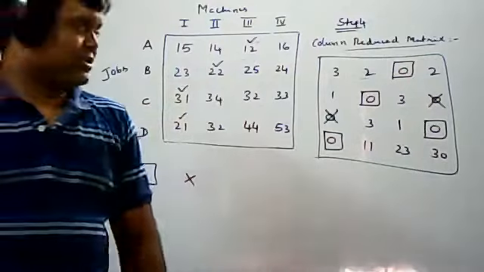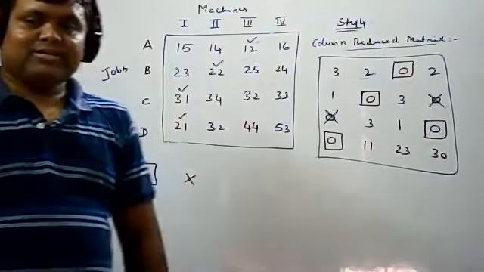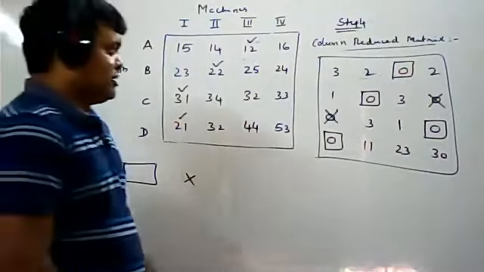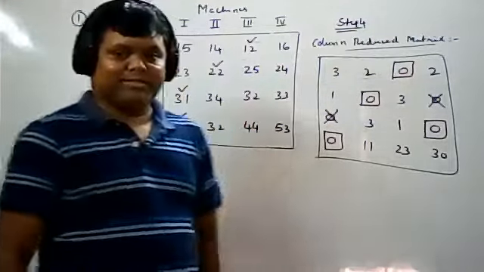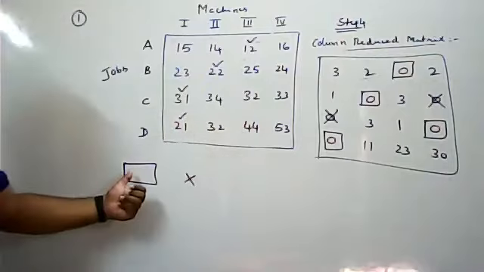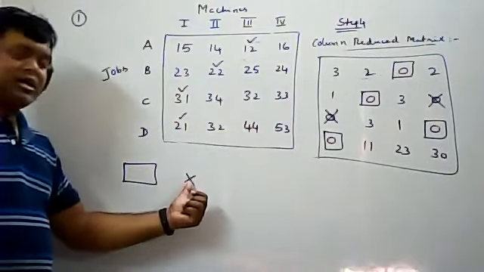So now no rows are left out. All the rows are completed, so you can stop the process now. Zeros are not available, you can stop the process. So this is about step number 5. Step number 5 is nothing but how to mark the assignment and how to mark the cross symbols.